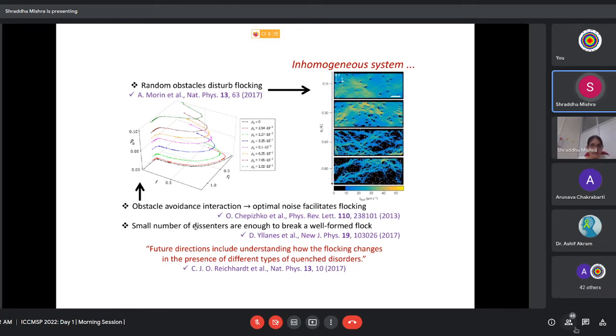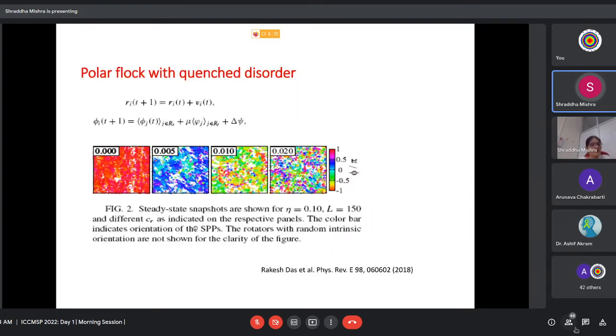So this is one introductory slide to motivate you that there are people studying the effect of disorder, or obstacles, or inhomogeneities in the polar system. And there is also work in the apolar system as well. Motivated by these studies, we started studying simply the Vicsek model I introduced, with the presence of the quenched